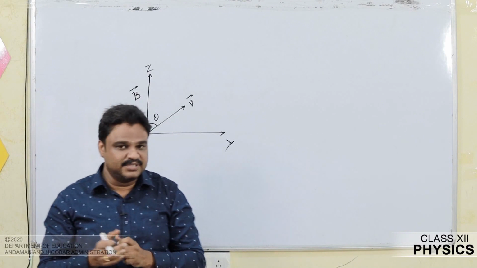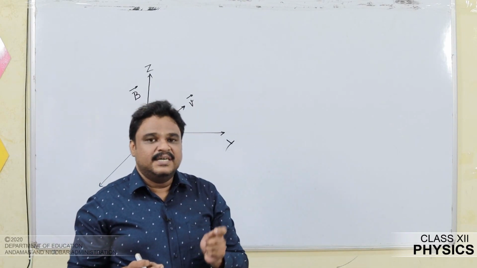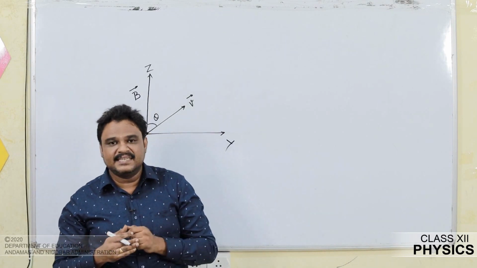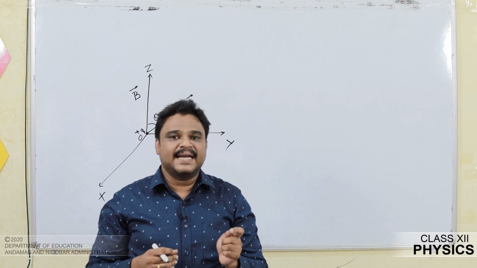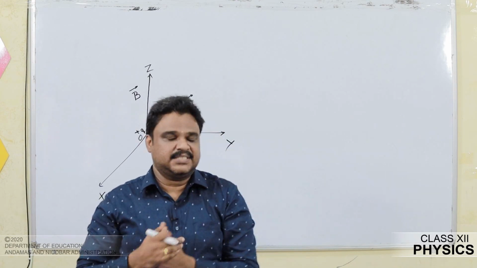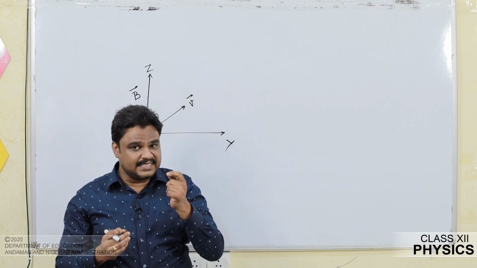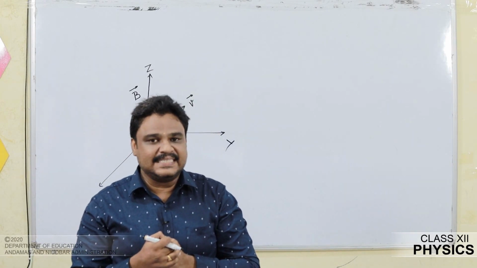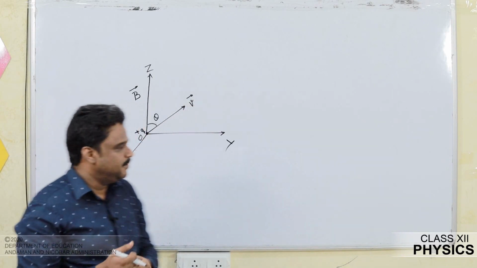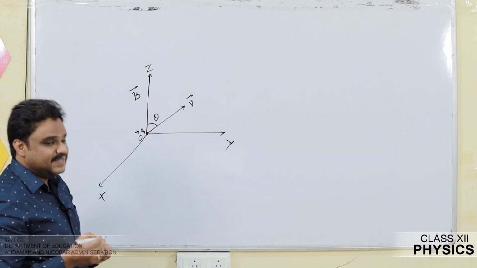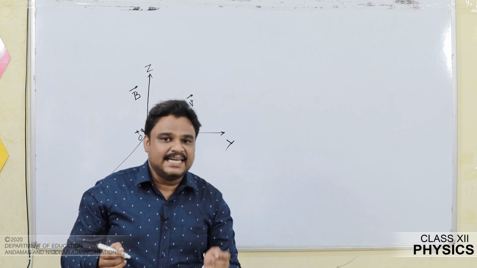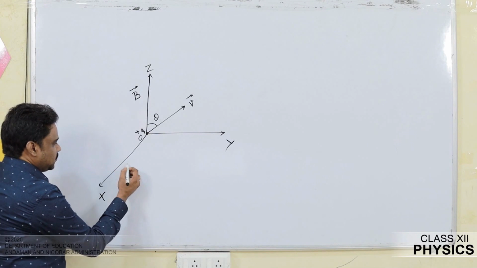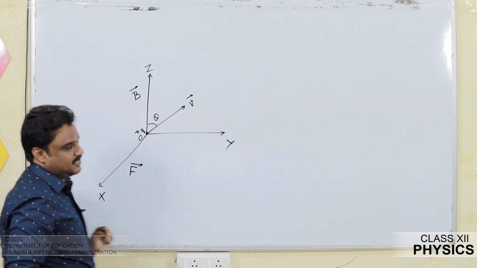So once again, I am going to explore the situation. I assumed a charge is moving in a uniform magnetic field. I considered a uniform magnetic field that acts along the z axis. Next, I considered a charge plus q moving in the yz plane, making an angle theta with the direction of the magnetic field. You are able to see it very clearly in the diagram. Under this situation, the charge will experience a force along the third axis, that is the x axis.